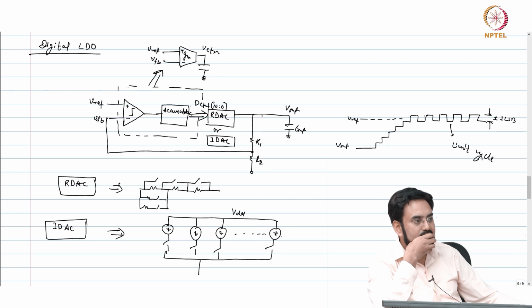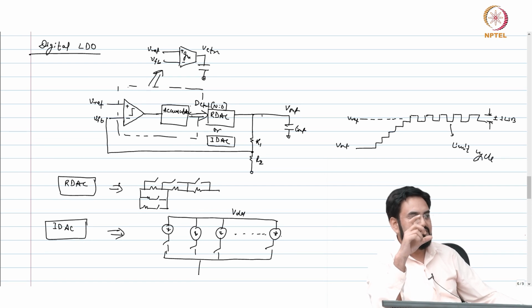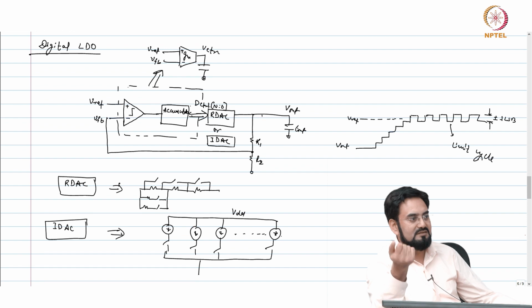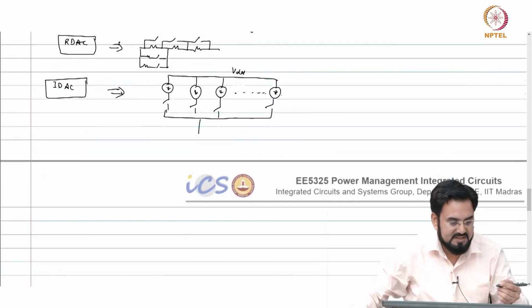Can we use 2 LDOs? You just use 2 comparators, windowed comparators you use, okay, and if the resolution of your RDAC or IDAC is more than the window, then it will settle. This problem is happening because this is a single bit, it is a 0 or 1, it has only 2 levels to go. Now, if you have 2 comparators, which is a 2 bit ADC,